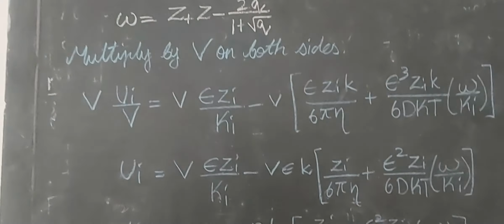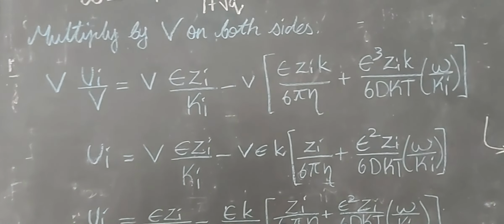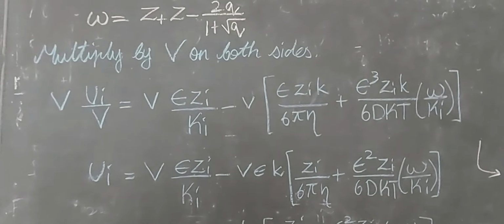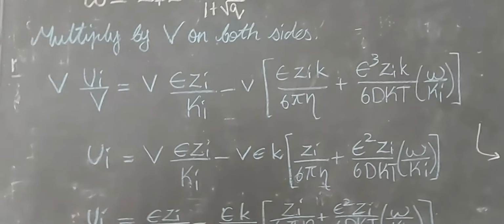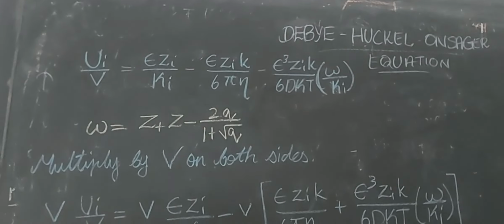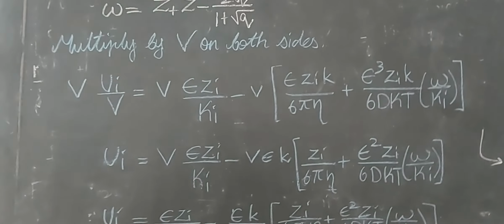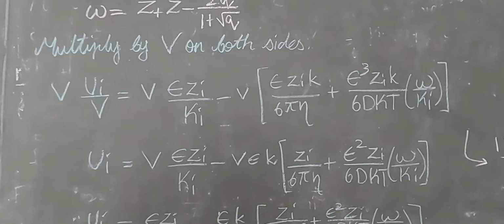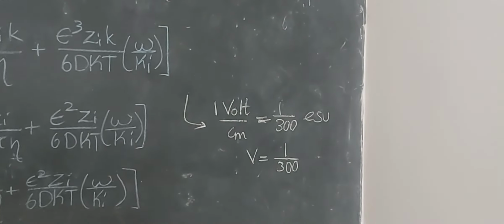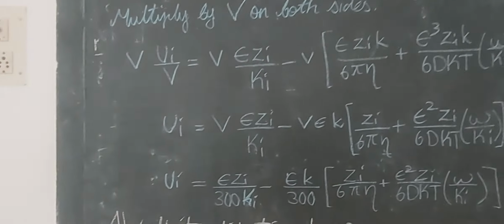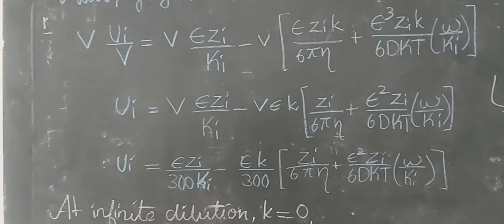I am taking the v, epsilon and k overall outside in these two terms. So we will get a positive charge inside that. If we multiply that again, we will get the same thing which we had in this equation. So what is v? Already we said that is a potential gradient. For v, we are substituting 1 by 300, that is in ESU unit. If we substitute that 1 by 300 in the place of v, we will get the equation as